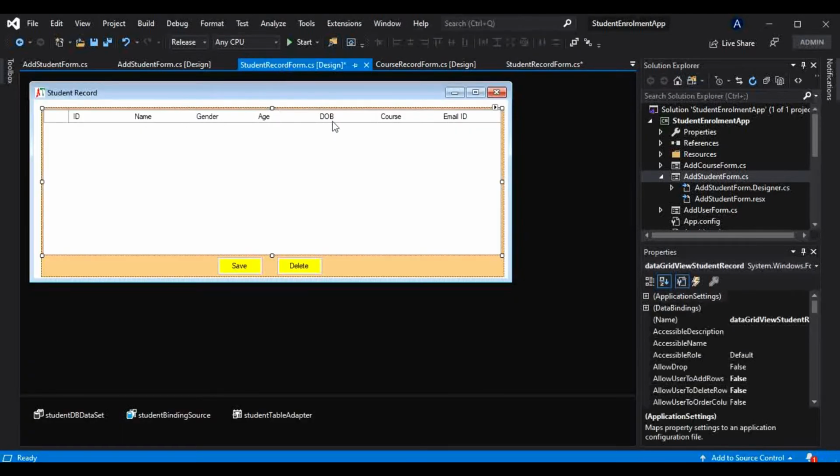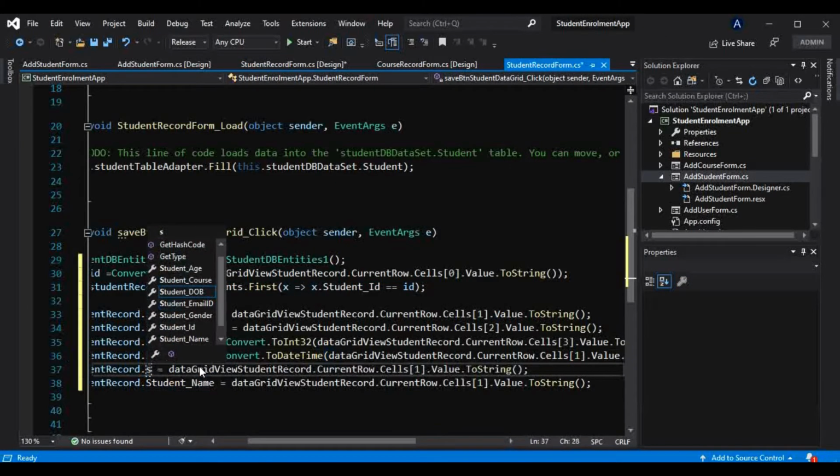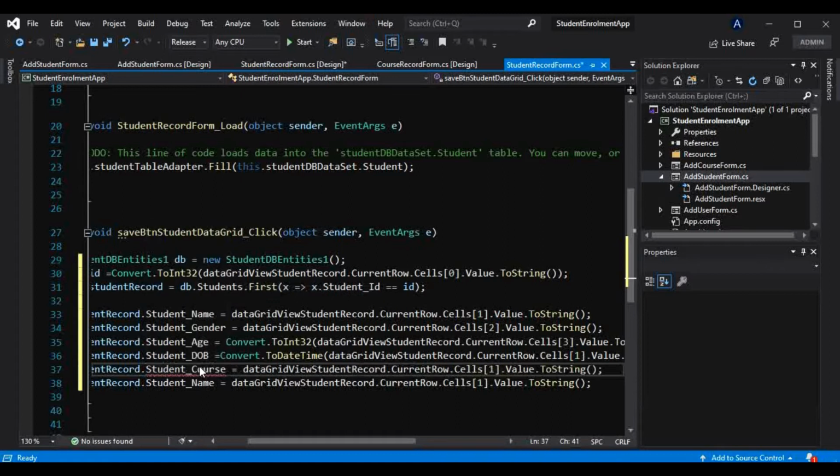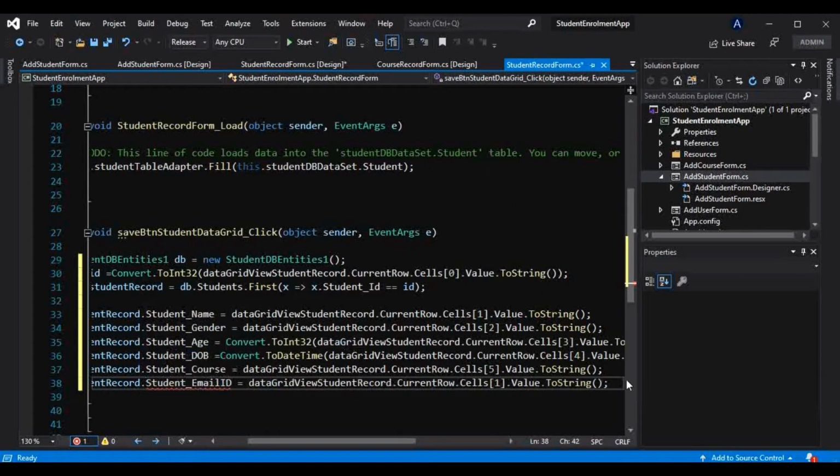After gender, age, DOB, there is this course and email ID. Okay, so it should be course, and the index of that is 5, and I have to change that index here, it should be 4, and lastly it is email ID, and the index of that is 6.